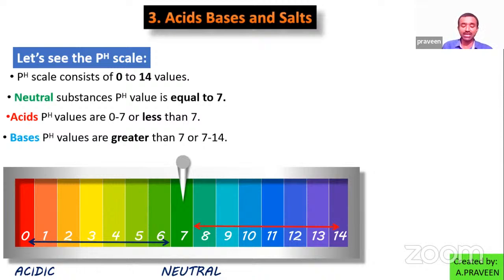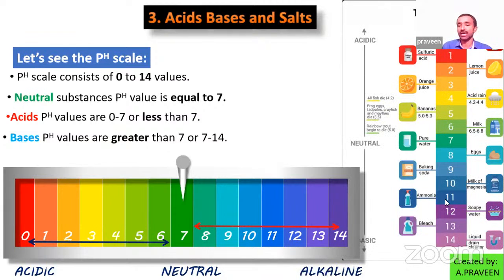So here the values are assigned for the acidic substances 0 to 7, and for neutral substances it is 7. If the value assigned is more than 7, up to 14, it is for basic substances. So acidic, neutral, bases. 0 to 7, acids. 7, neutral. 7 to 14, it is for bases. Like this we are assigning. Then for the nature of the substance, I use a special word here for bases, alkaline, that which